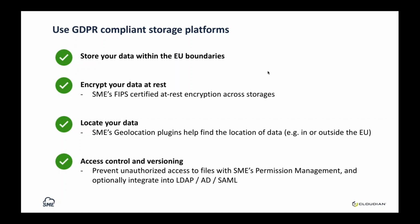Then after that, you want to encrypt it. You want to store your data at rest in an encrypted format. Cloudian provides functionality where you can encrypt the data. It provides server-side encryption, and it also provides client-side encryption that we support, so your data at rest is encrypted. If you have shadow IT and you are trying to consolidate the data, or other storage providers that do not provide as strong security as Cloudian,